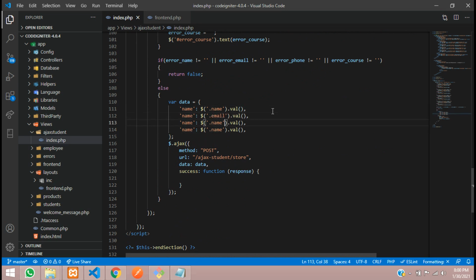Second was email, and then third was phone, and the fourth one was course. Okay. So same way you are going to copy and paste with this also. Make it phone, phone, email. So this data will be sent over here. And now once it is sent, we have to show that